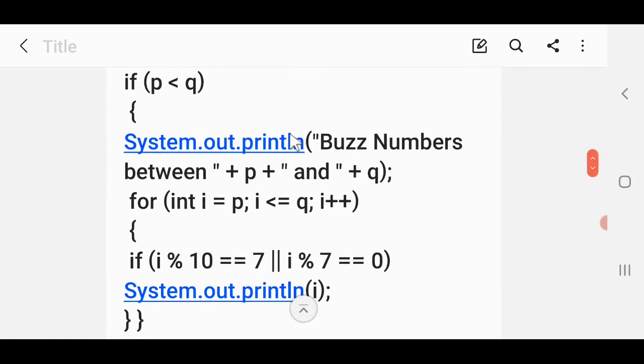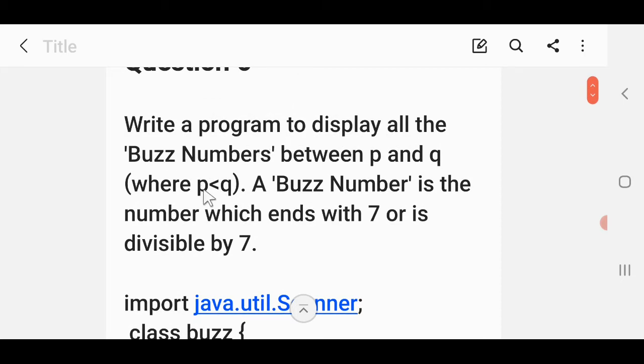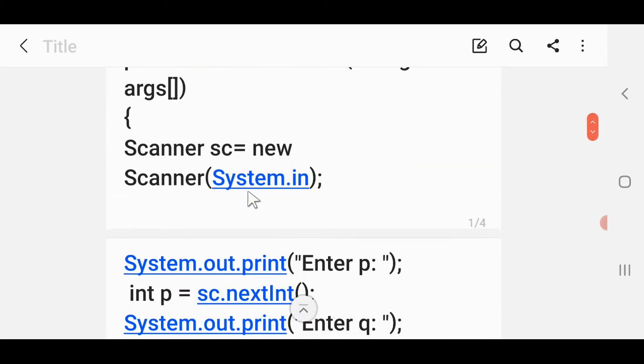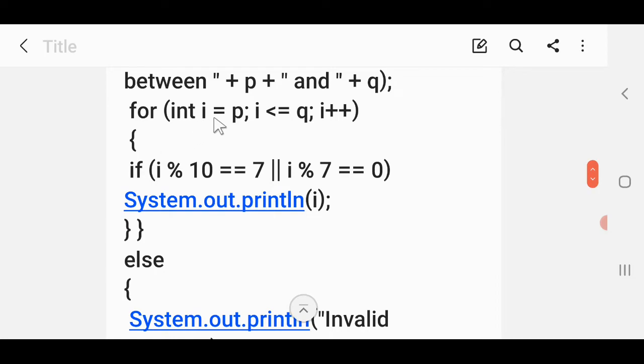Now this task has to be performed repeatedly for all the numbers in between the range from P to Q. That means we have to run a loop where we have to move from number P to Q. So what we'll do students here, that we are having a loop here, and int I is the loop variable. We initialize this with P, I less than equal to Q, that is the limit, and we keep increasing I by 1. So I plus plus is there.